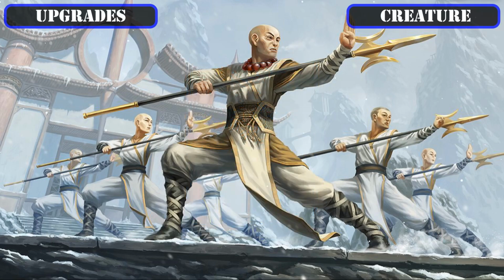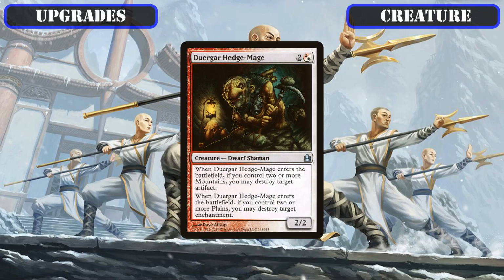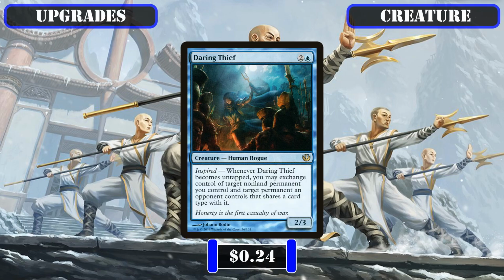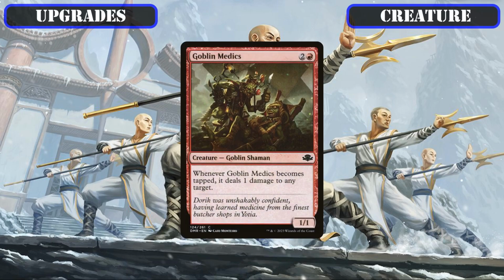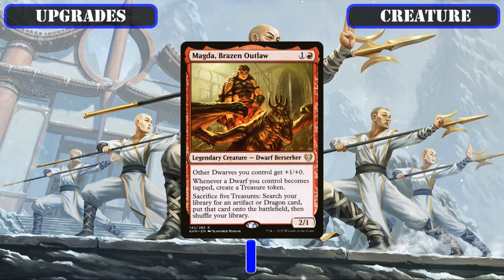we'll also be swapping in some creatures with tap and untap effects to better take advantage of all the convoking we'll be doing, with Drogskol Hedgemage losing its spot, its ETB removal being very solid but also more at home in a Flicker build to get extra uses out of it, to open up space for Daring Thief, who serves as more on-theme removal, as we can safely tap down with Convoke and lets us permanently trade our 1/1 tokens for our opponent's biggest creatures every time we untap him, and a lackluster tap-down pinger Goblin Medics being benched to make room for Magda Brazen Outlaw,